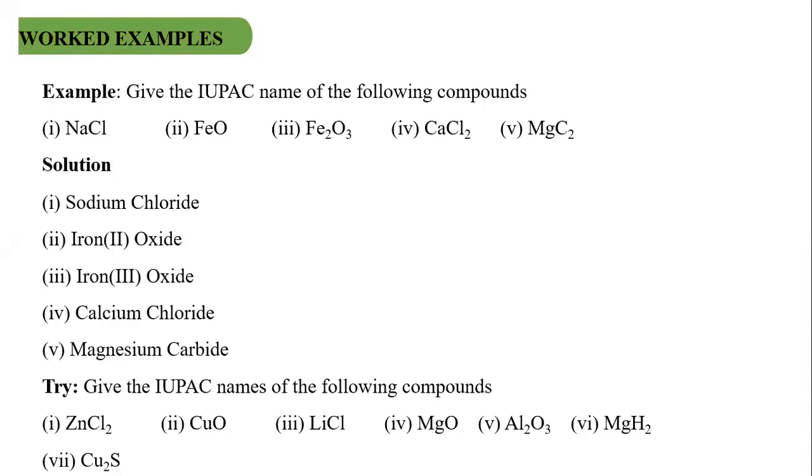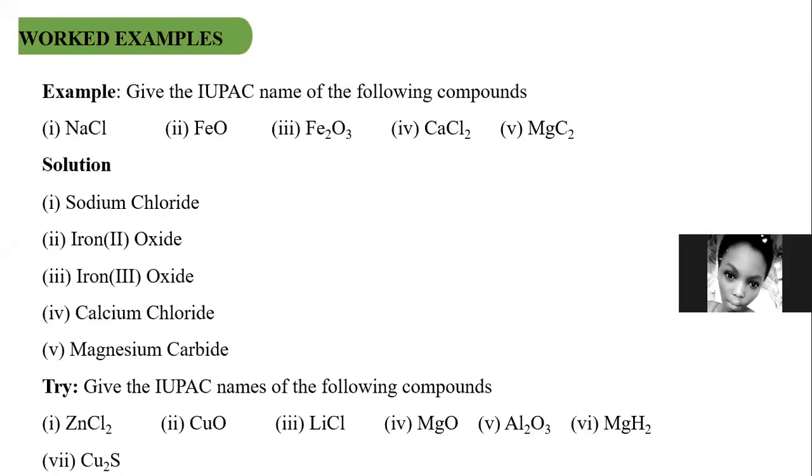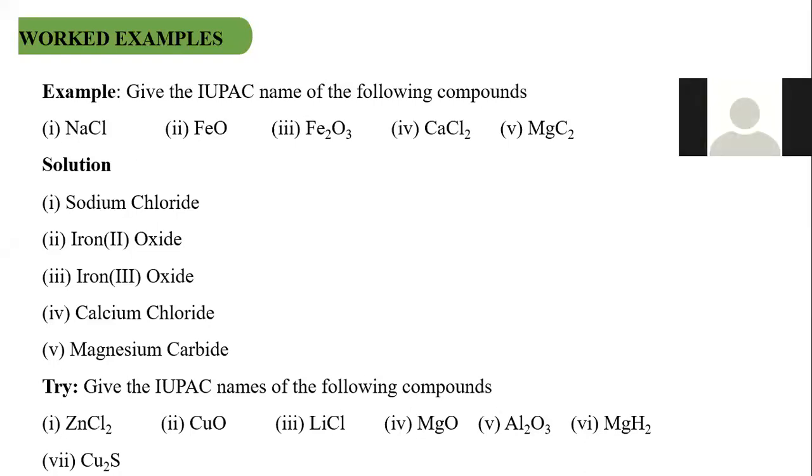Okay, the sixth one. Sir, magnesium hydride. Excellent, that's an excellent one. Magnesium hydride. Hydrogen, in this case, is behaving like an anion. Hydrogen is the more electronegative element, so the suffix IDE replaces the OGEN so that hydrogen becomes hydride. The compound is magnesium hydride. And the very last one,